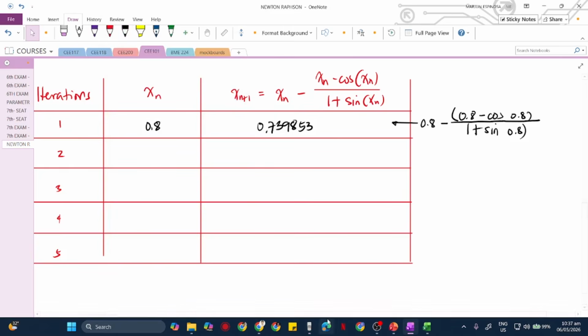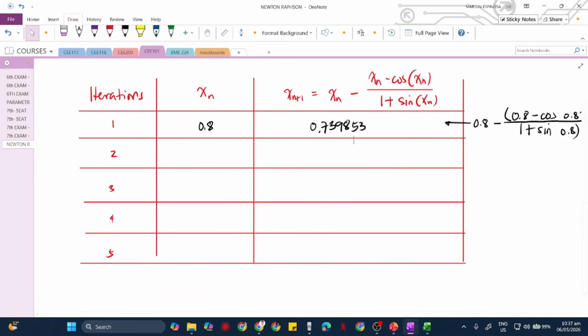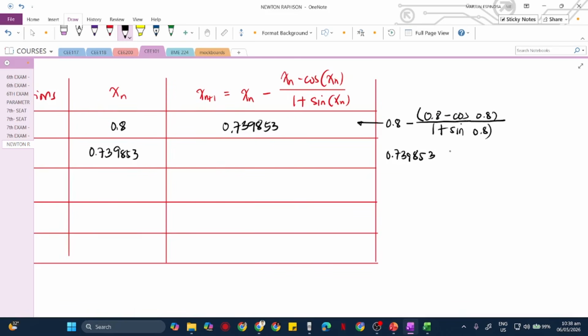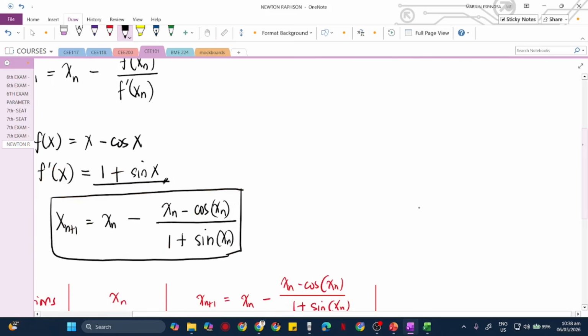Now, itong x sub n natin, ito naman yung gagamitin natin dito na naman. So, yung x sub n natin na yung nakaraan will now be equal sa x sub n na ating bagong value. Okay, ganito. So, ito naman yung gagamitin natin dito, para makuha yung next value for x sub n plus 1. Okay, 0.739853 minus cosine of 0.739853 all over